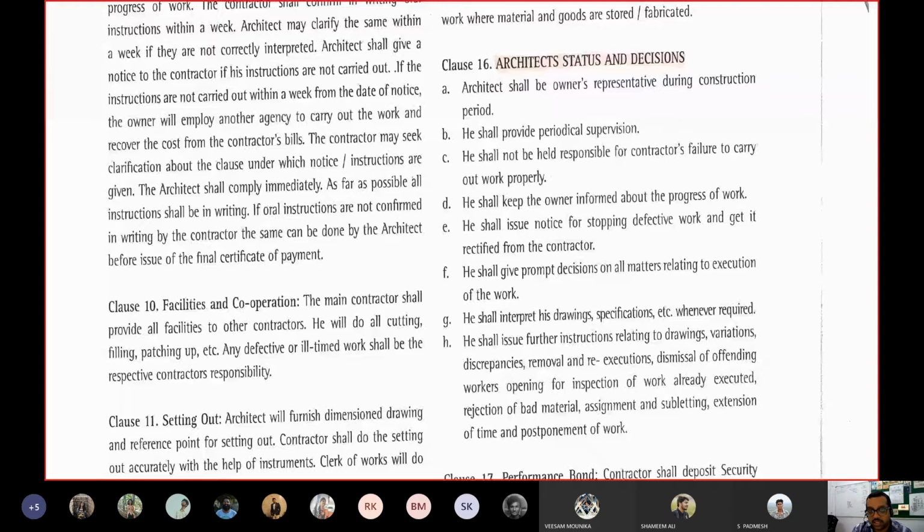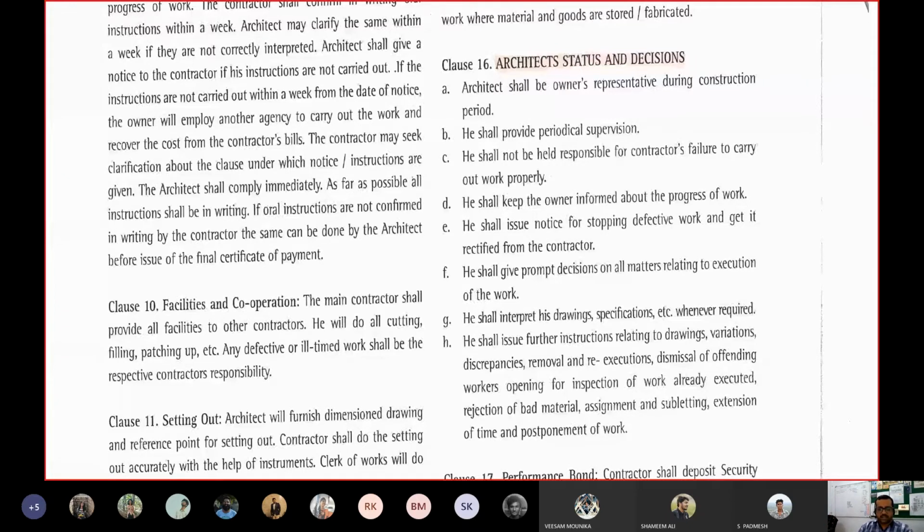Now, if these conditions, that the architect has the power to work on this particular aspect, are not promised in the contract itself, then the architect cannot come up with this kind of decisions during the course of work. Or even if he comes up with these decisions or change of decisions, he will not be heard. Okay. So this is the architect's status and decision as per the IIS form of contract.